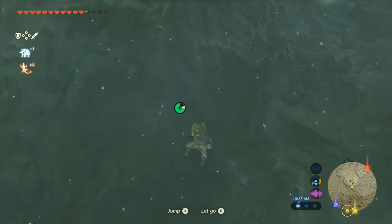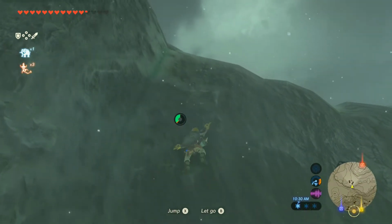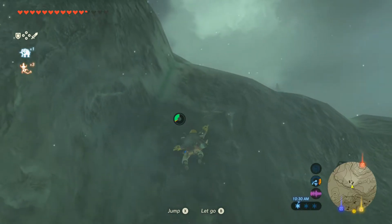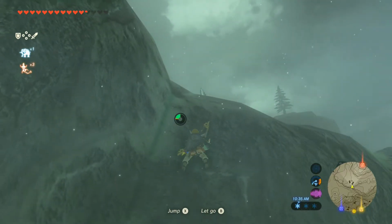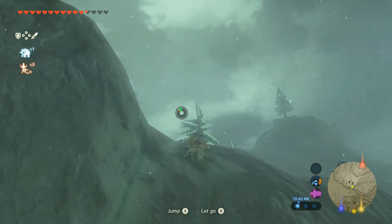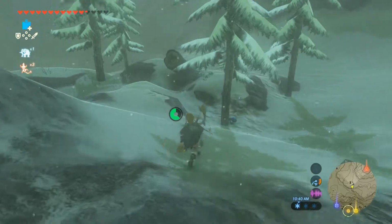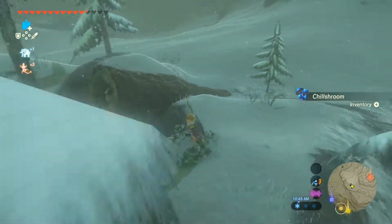But yeah, I kind of feel like the way you're supposed to enter this, like I said before, there seems to be a lot of points in the game where, while you can enter a situation from whatever direction you feel like, there's clearly a direction that the developers intended you to go. And I think starting with the Rito Village...